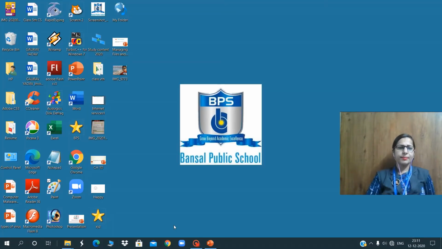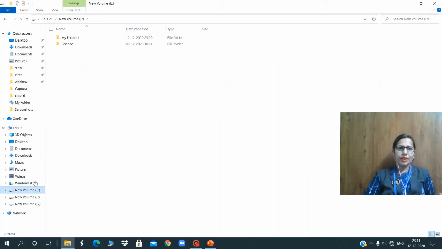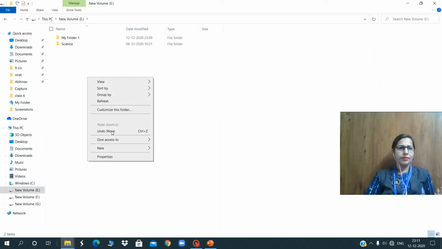Next is how we can delete a folder. See, just go on This PC and select that folder which you want to delete. Go on E drive, create one more folder like that for deleting.